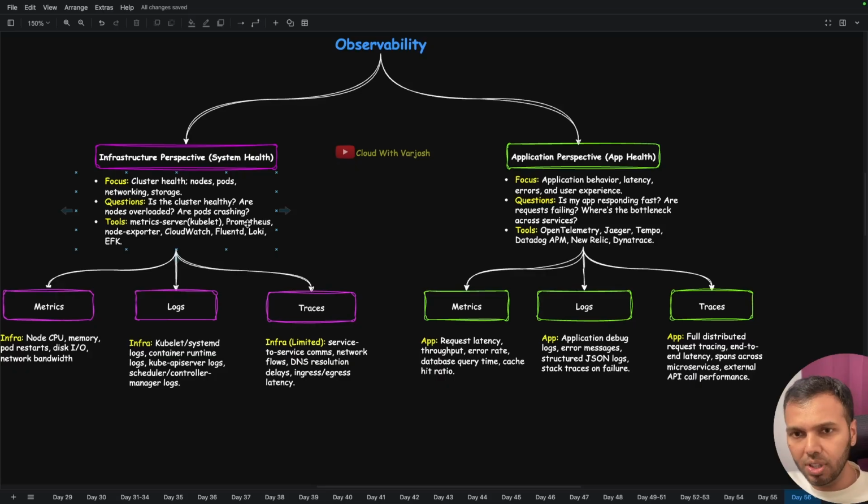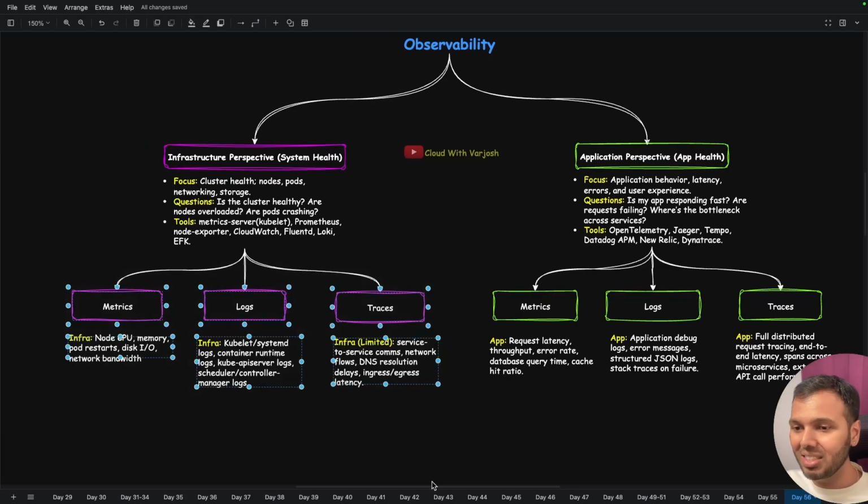And then there is Prometheus, there is node exporter, there is CloudWatch. If I talk about native cloud tools, you have CloudWatch, you have Azure Monitor, and then FluentD, Loki, EFK. All these tools are available for you to use to achieve all of these 3 things. And similarly,